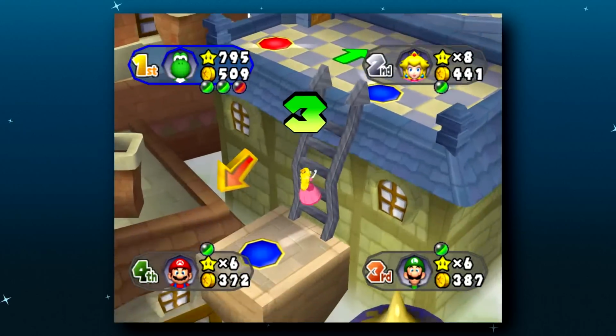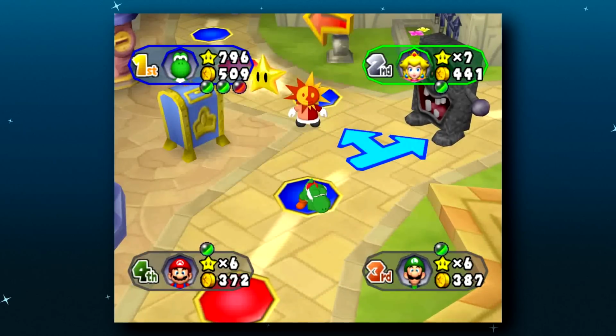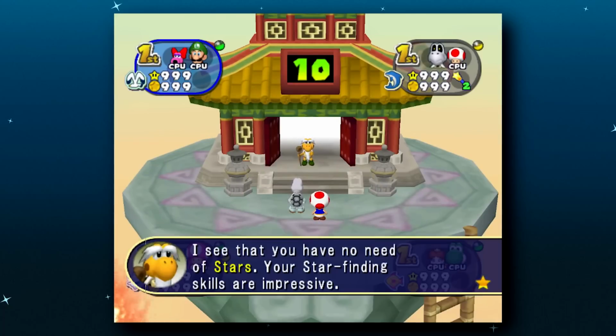The better RNG would let Peach stop landing on the DK space 2 turns earlier, so she could give Yoshi 3 extra stars. Maybe one day we'll find out a way to hit 999 stars somewhere in Mario Party, but